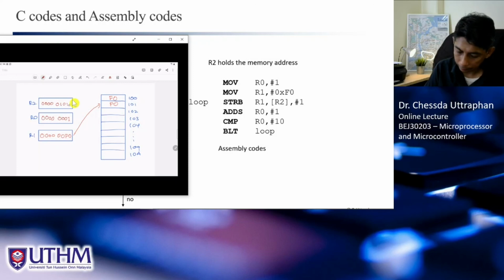And again, here we add 1, so R0 has 2 here. And we compare R0 with 10. Yes, still less than, so we go back to loop, and we will have F0 here, F0 here, if R0 is not 10 yet,